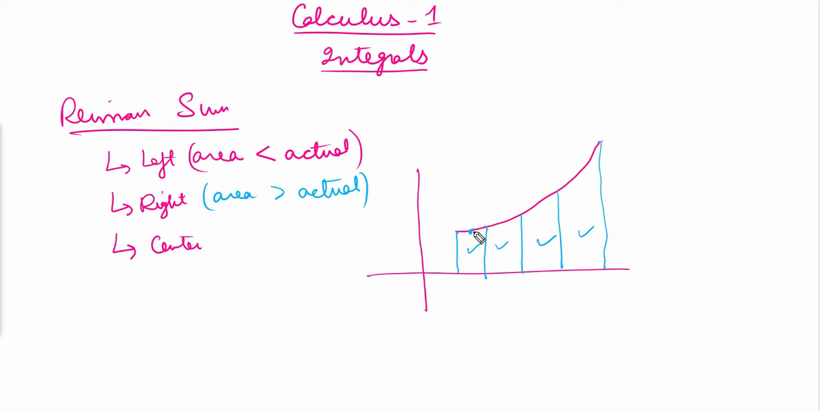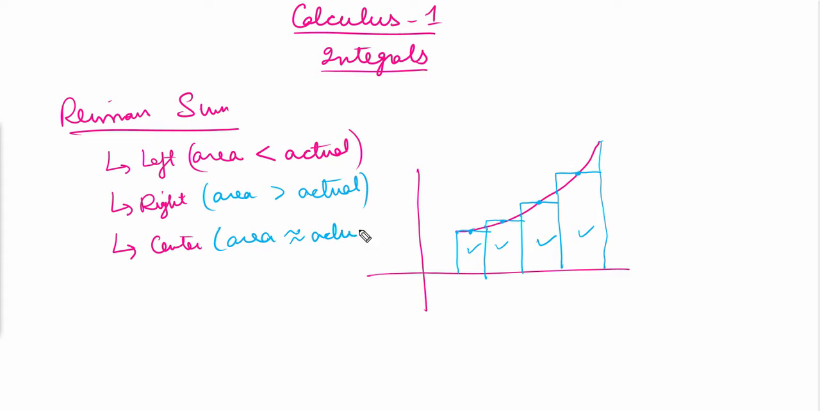Basically our graph passes through the center of all the rectangles. So for that purpose I will pass a line over here. These are the centers. For this one, this line will pass from here. For this one, the line will pass through here. From this one, the line will pass through here. So this is the best approximation method, in which our area will be approximately equal to the actual